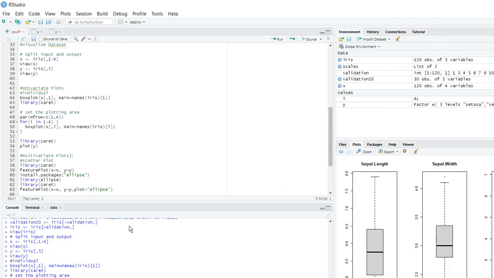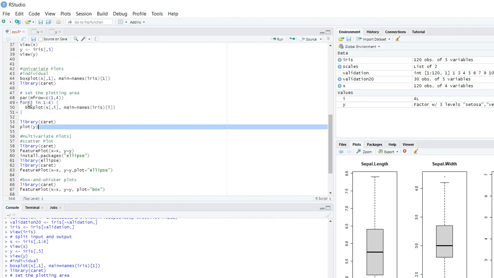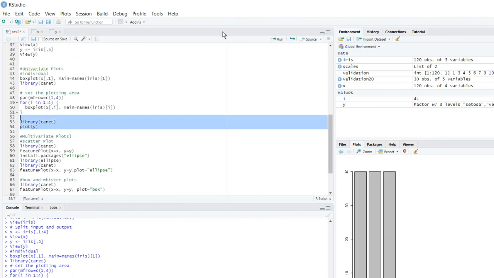Okay, because I executed without the last bracket, it was stuck in the processing loop. So I have completed the bracket. Now this is the box plot for each attribute. For each attribute we have displayed the box plot. Now for the output variable, we have simply used the plot function. So these are the three species: Setosa, Virginica and Versicolor. So this is our output.